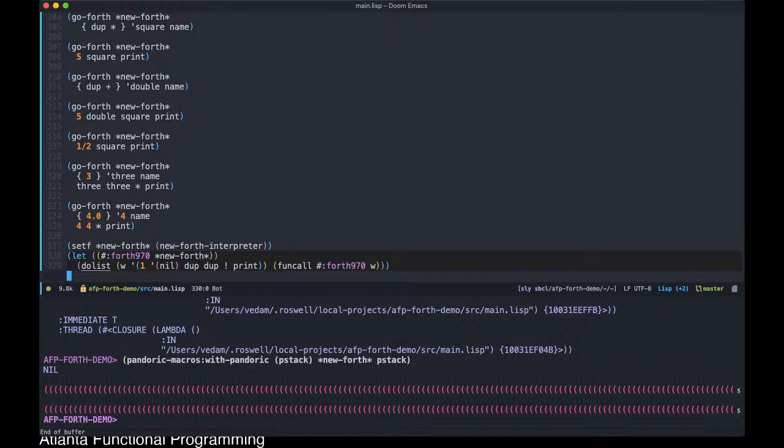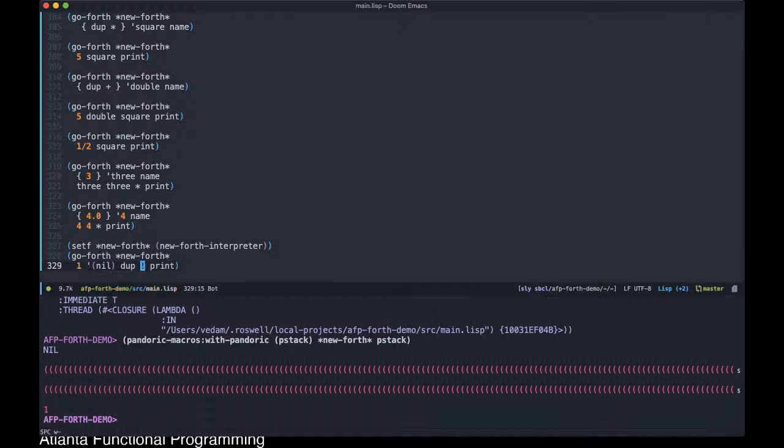Okay, I see what the problem is. It's because I am trying to do an infinite list here rather than this. So don't use dupe dupe in the same area next to a stored cell if you're trying to store it,